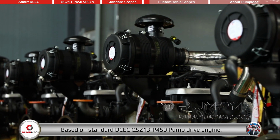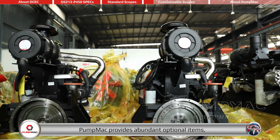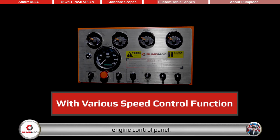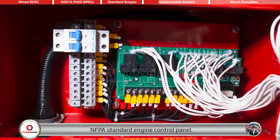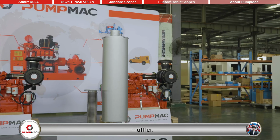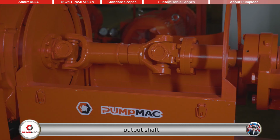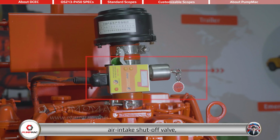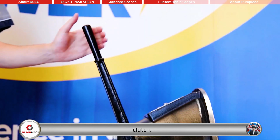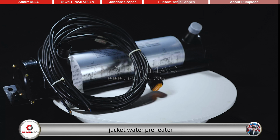Based on the standard DCEC QSZ13-P450 pump drive engine, PumpMac provides abundant optional items, mainly including cooling system, engine control panel, NFPA standard engine control panel, air filter, muffler, DPF, output shaft, air intake shutoff valve, clutch, DC contactor, jacket water preheater, gearbox,